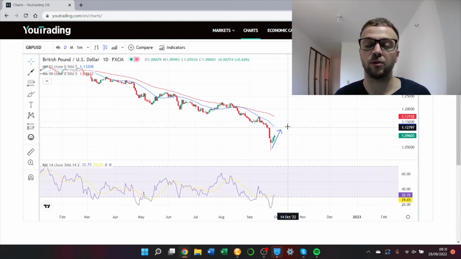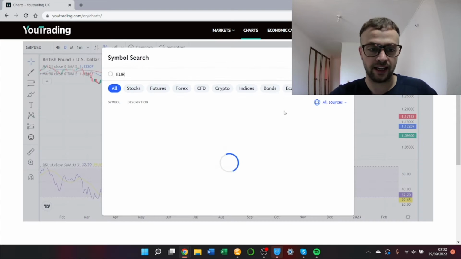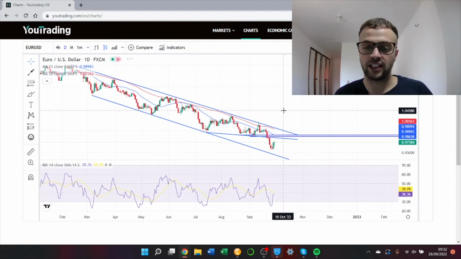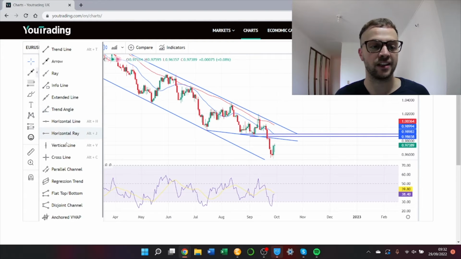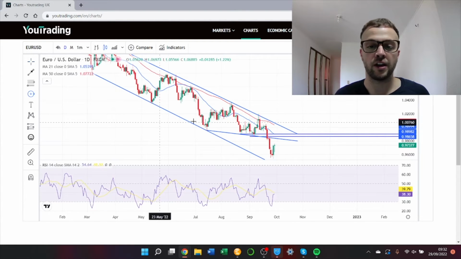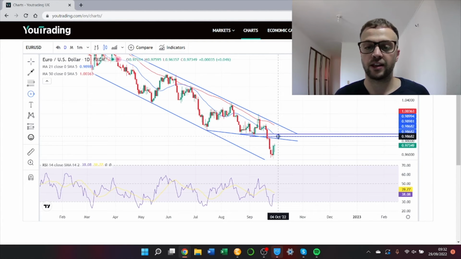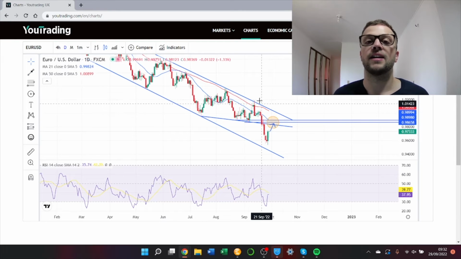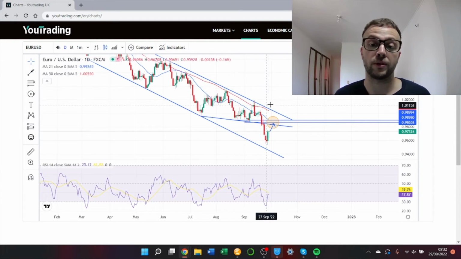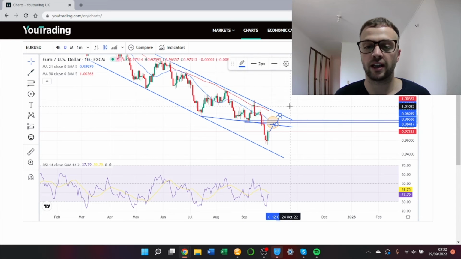in cable. And I am thinking that potentially, back to Euro Dollar, that could help lift Euro Dollar to this area of resistance that I'm quite liking the look of. It's around this 0.99 area. If Euro Dollar can make it back here, this is when I will be potentially thinking about adding to some short positions. Maybe not massively, because I would really prefer it to get to the top of this